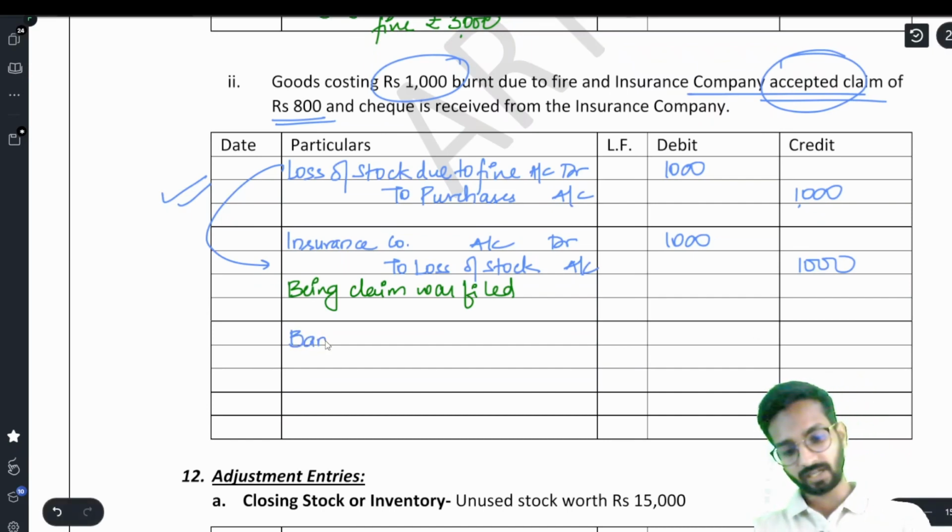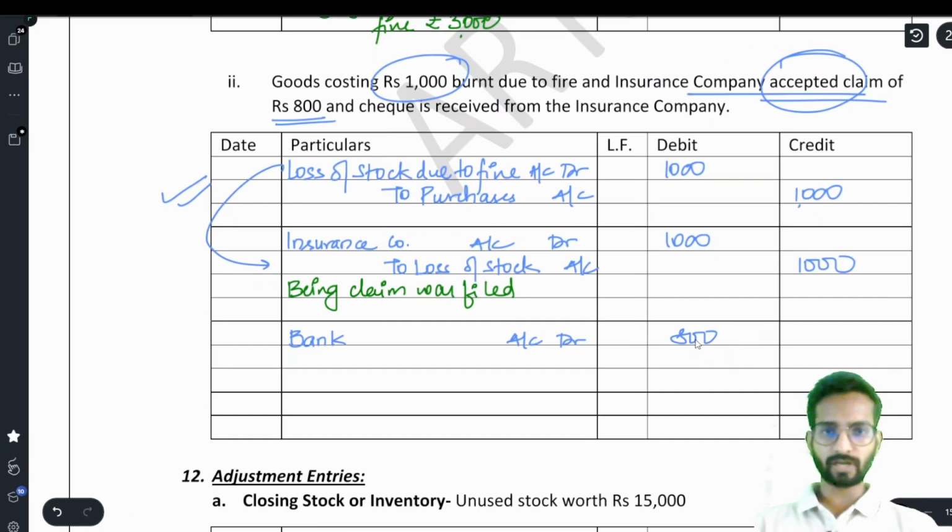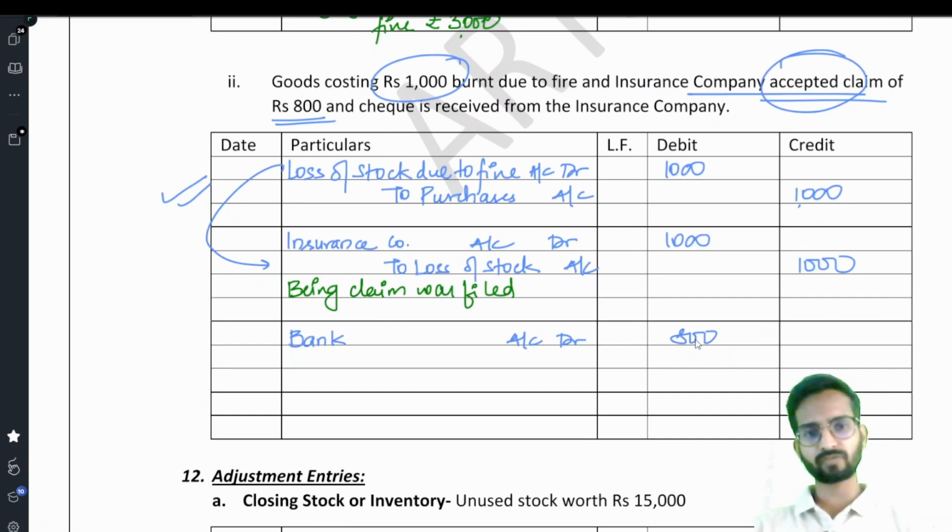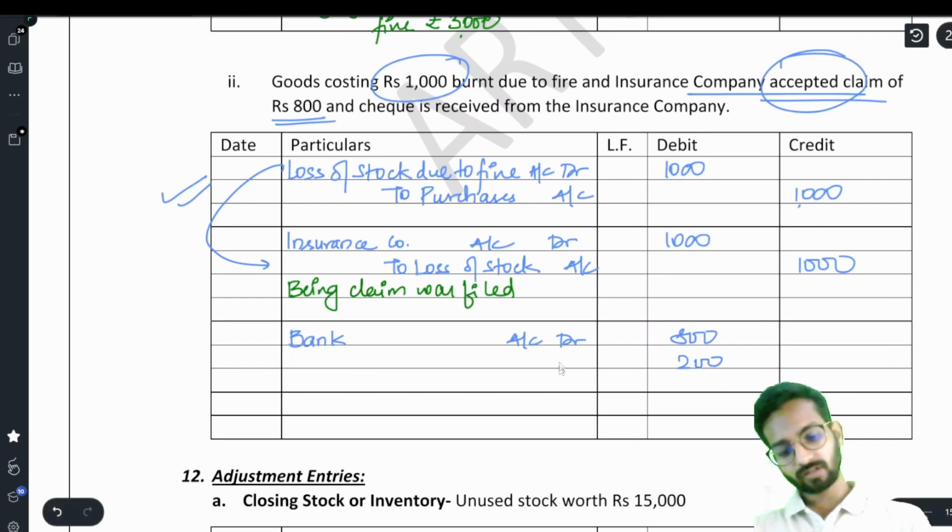Now be with me very carefully. They gave me the check, so I will write bank account debit 800. You can also write check in hand, but we write bank because when insurance company is giving the check, it will normally pass. There is no chance of dishonor and all those things. Bank account debit 800. 200 rupees is loss. So what will we write in loss? We will write here profit and loss account